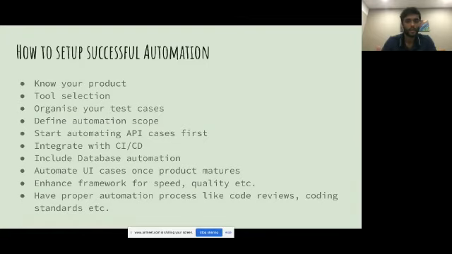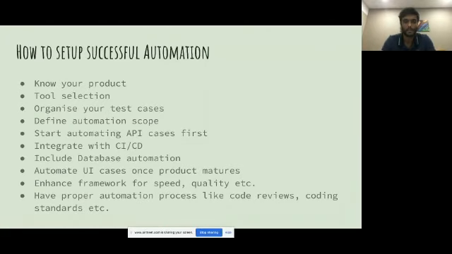API cases are easier to automate, and they are pretty fast, so you eliminate the whole set of issues with UI automation. So API automation is definitely important. And then integrating with CI/CD, as I've told, is also very, very important, rather than just running on your local.